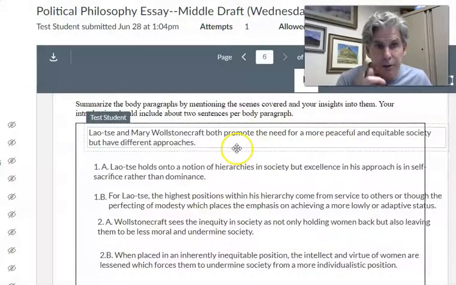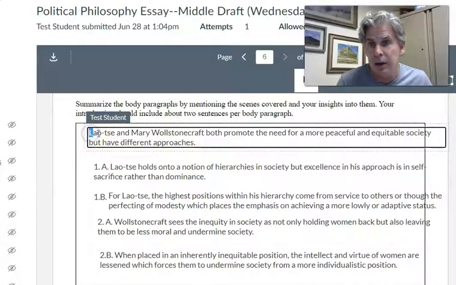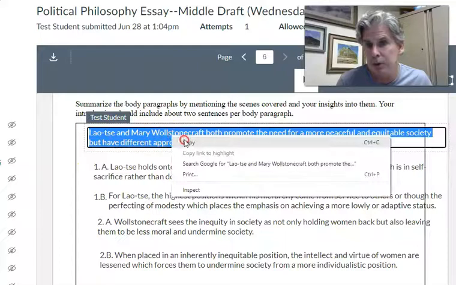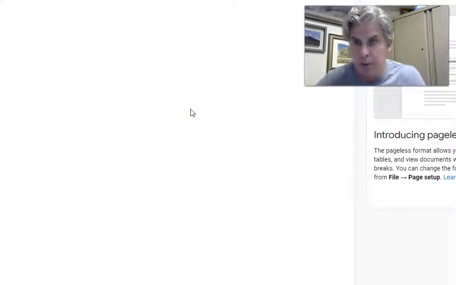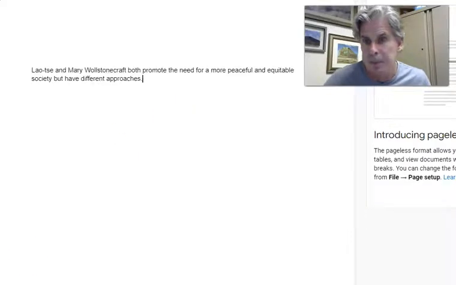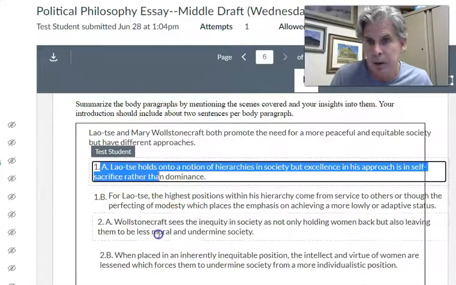Okay, what I'm going to urge you to do first is move the introduction. Let's act like this one is done. And what you do is just copy it. And here's my Google Doc. And I know most of you are sitting there thinking, well, what about the name and all that? We'll get to it. So there's my first sentence, and move it over as fast as you basically can, just one bit at a time. And hopefully you can move it over a little bit faster than I do.